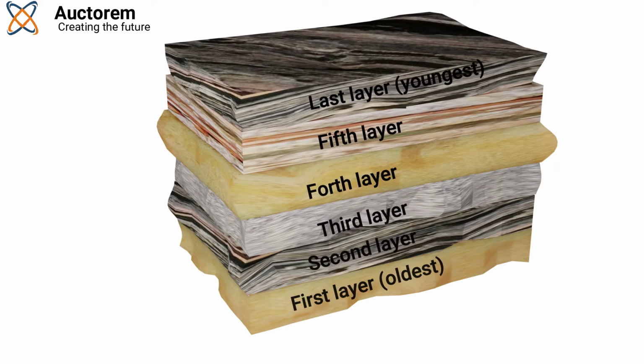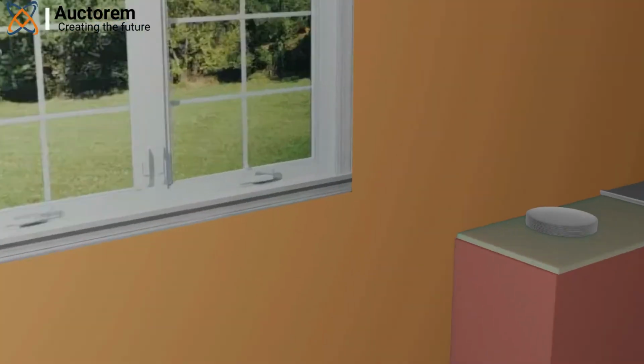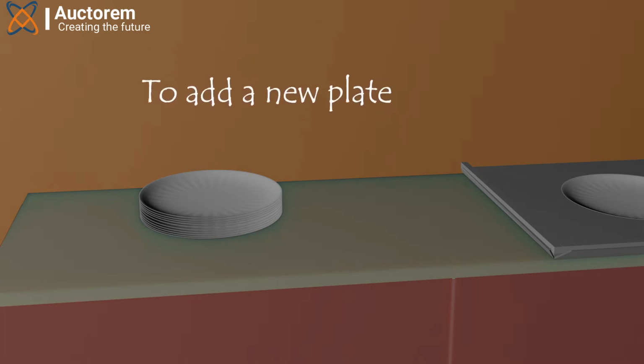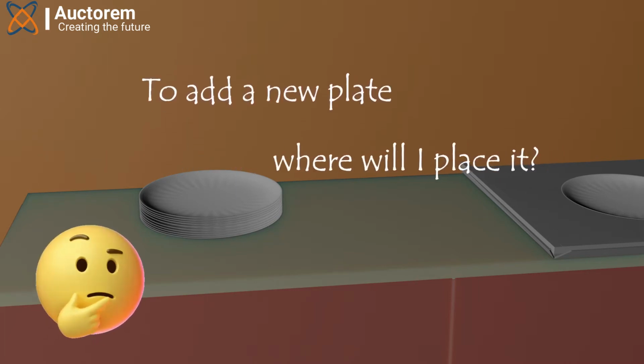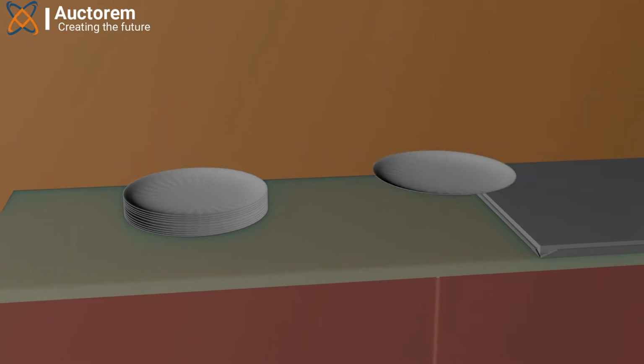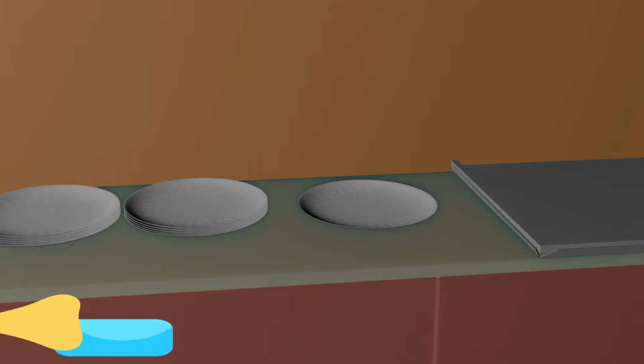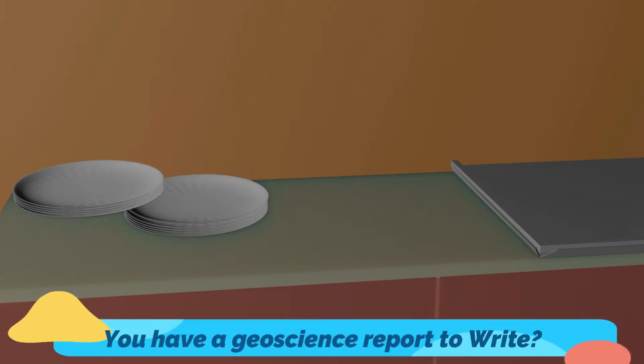Let me use a common example that we see in our everyday life in the kitchen. We have a stack of plates in the kitchen. Normally, from this stack of plates, this plate is placed last with respect to the time of placement compared to other plates there. And the plate at the bottom is placed first. If I want to add a new plate without stressing myself, where will I put it? Obviously, I'll put it at the top. If I want to put the plate in the middle, I will have to move part of the plates and place it there. But why stress myself?